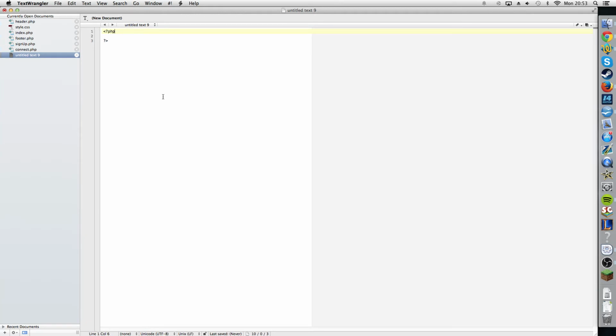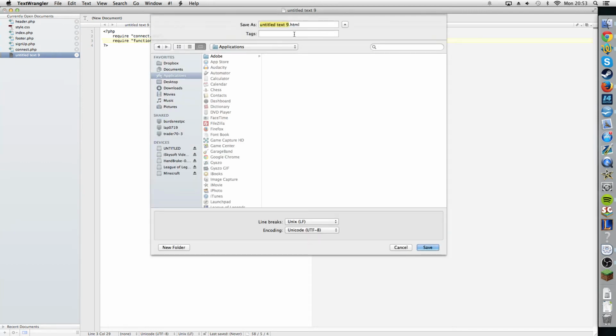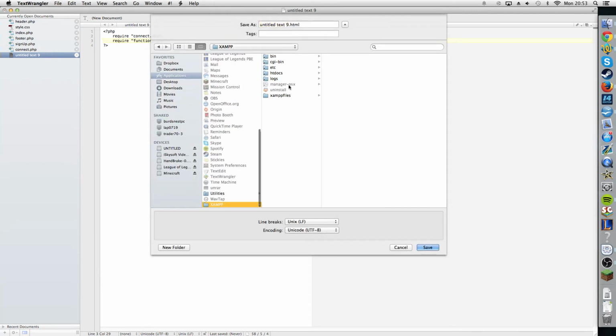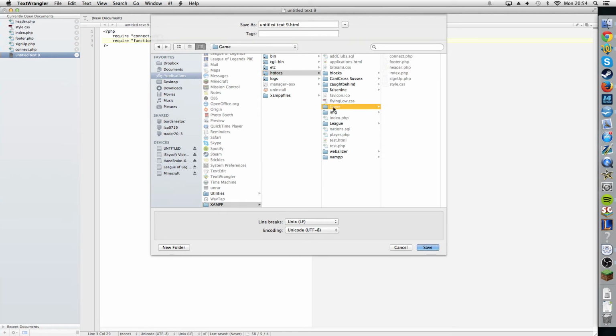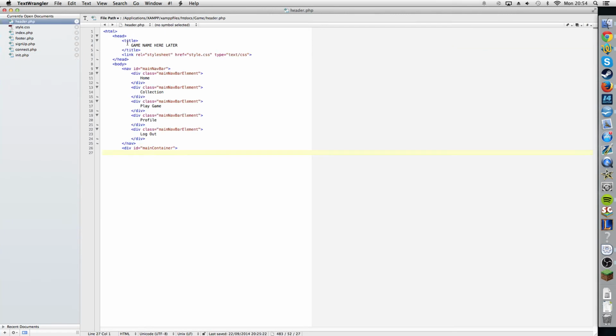That wasn't clever. Require connect.php. Require functions.php. And we want to save this as... Oh, it changes my settings every time. Init.php, and then in header.php we want to go